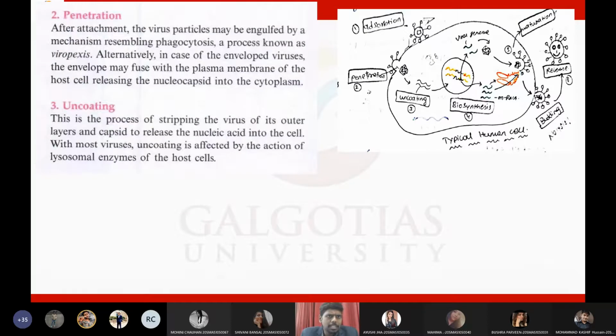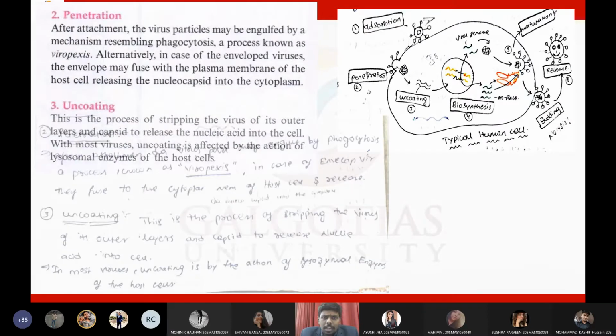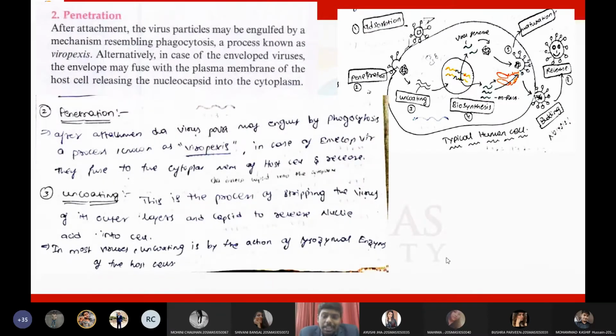Then penetration. So now penetration, students, is a very interesting thing. Actually here the virus is not at all using any of its energy. It's not taking any efforts to penetrate into the cell. But